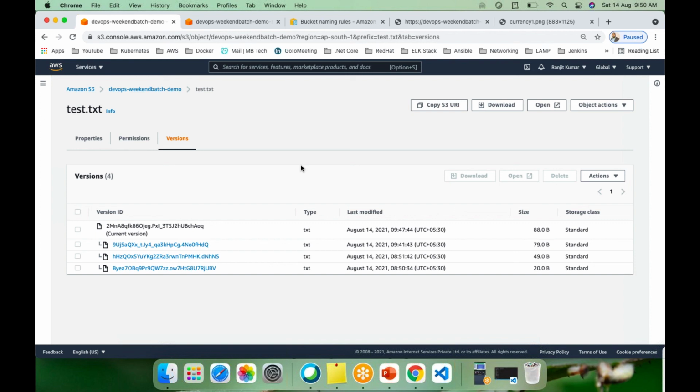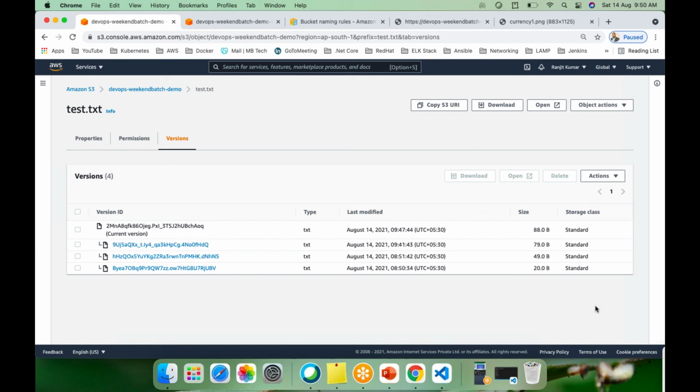But on the replication side, it will have only one version of the file. If I go to the versions, we'll have only one version, the current version. That means it will also not copy the versions of the existing files in the source bucket.